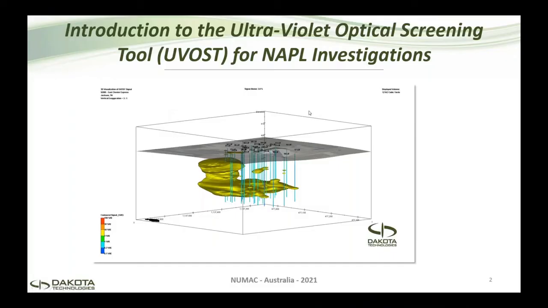Okay. So today I'm going to focus on what Jonas has described, the Ultra-Violet Optical Screening Tool, or UVOST. And it's generally for NAPL investigations. It's not for the dissolved phase or the vadose zone or vapor phase. It focuses on NAPL,